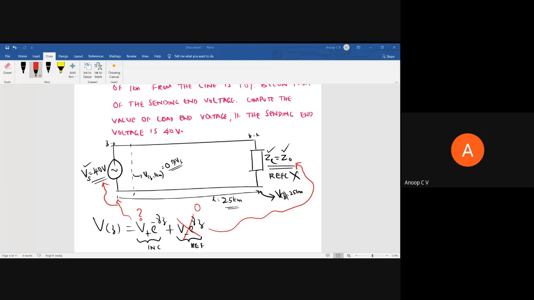Anyone got the answer? Anyone who thinks they can solve this? What I'll do is, you can just type in the chat window whether you got the answer or not, yes or no. I'll consider that chat transcript for your attendance. So please do type in yes or no, whether you got the solution or not.